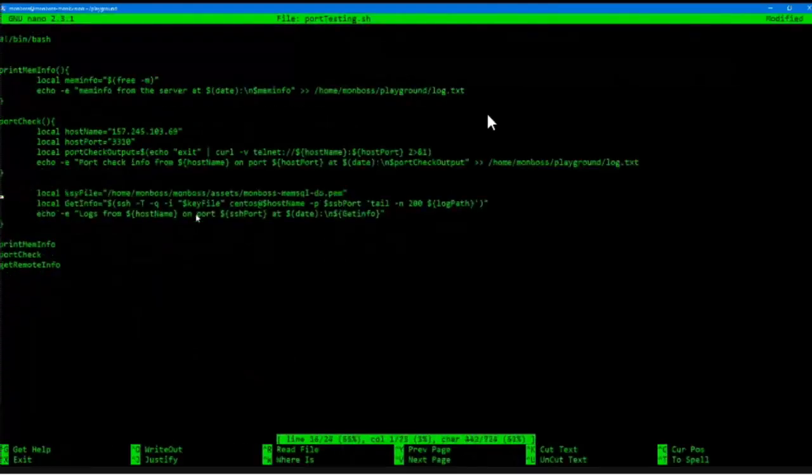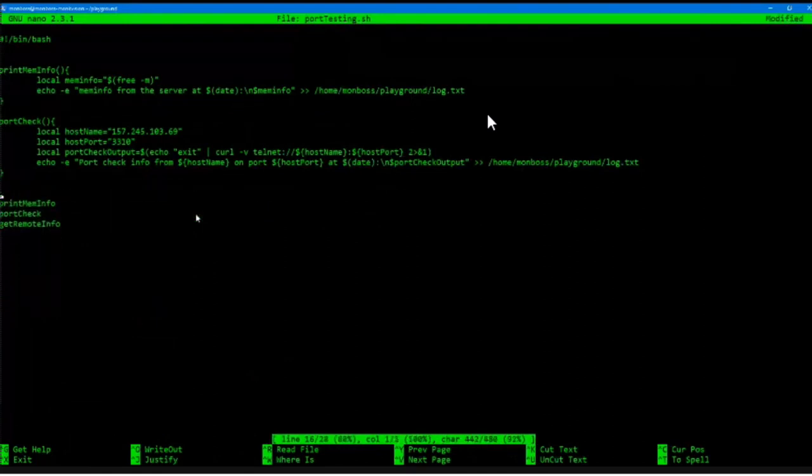Let me remove this. This is not working out. So, get service info. There's a very simple tool in Bash with regards to systemctl. It's called system